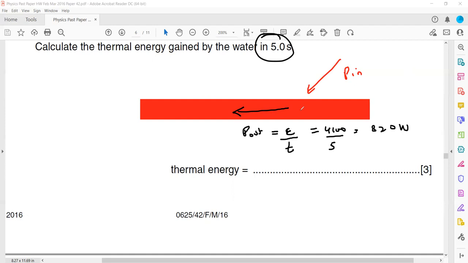Energy absorbed by the water divided by time. Sir, it is 4200, not 4100. So when we divide it by 5, it equals 840. No, no, no. The thermal energy answer I'm talking about was 4,100. When we